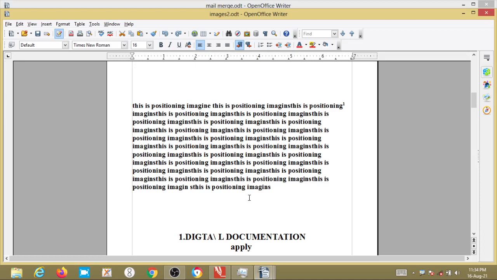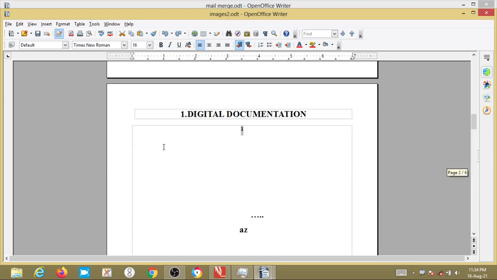Suppose I write hobbies, or team players, or flower names. Suppose I write flowers; this is my main heading. In that I will write lotus, then lily, or orchid.